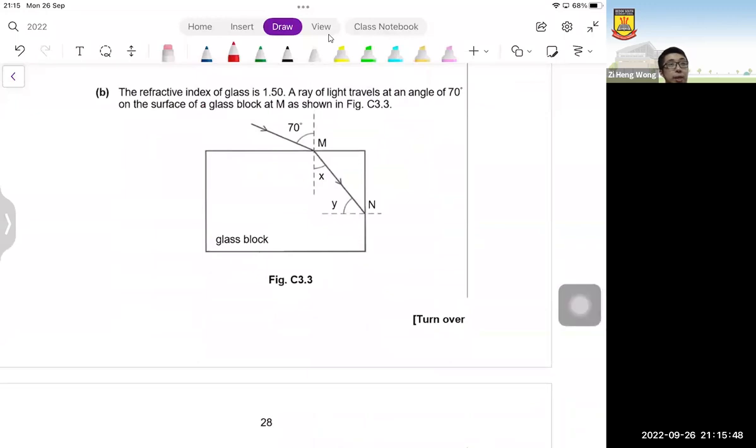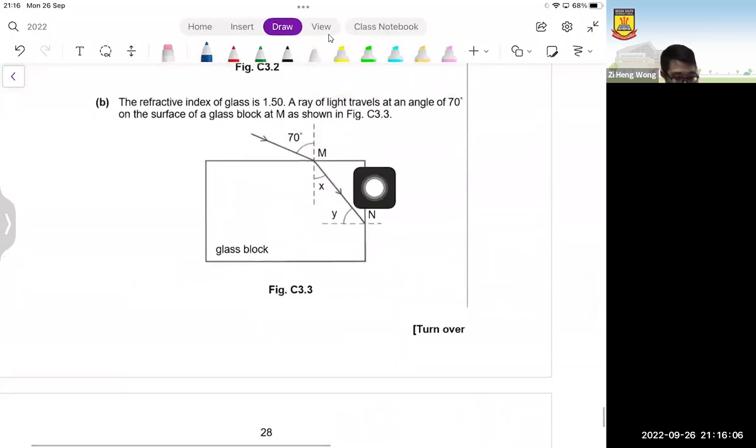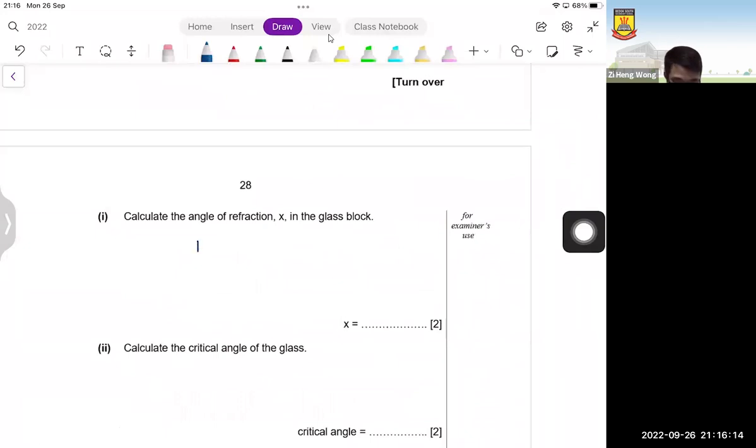They tell us that the refractive index is 1.5. The light ray travels at an angle of 70. So this one, no trick, the angle of incidence is really 70. Then it hits here. Then they ask you to find what is x. So you make use of the fact that it's traveling from less dense to denser, so sine I over sine R. So n equals sine I over sine R. So n is 1.5, I is 70,